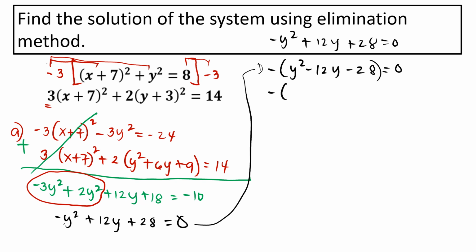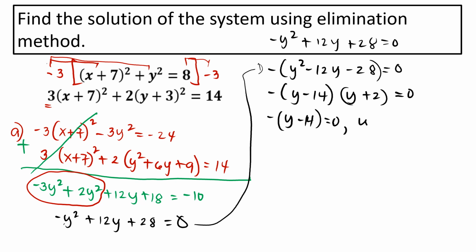The factors of negative 28 that give us negative 12 as a sum are y minus 14 and y plus 2. Why? Because negative 14 times positive 2 will be negative 28, and negative 14 plus 2 will give us negative 12. So in this manner, we are going to equate them to 0,